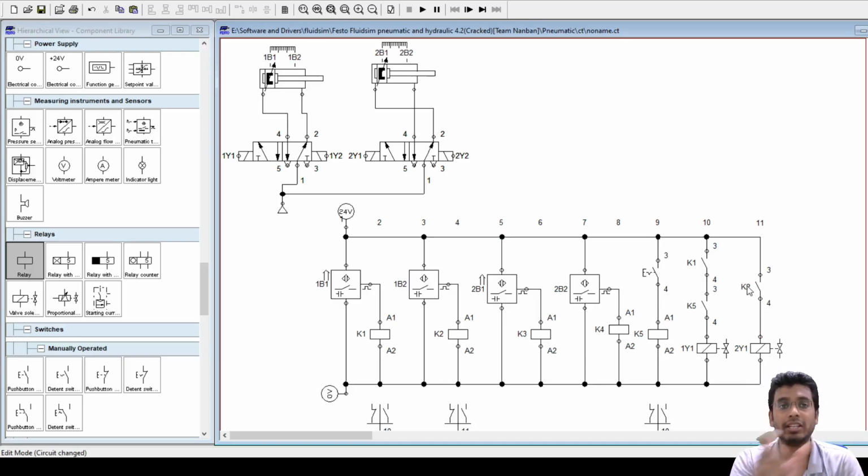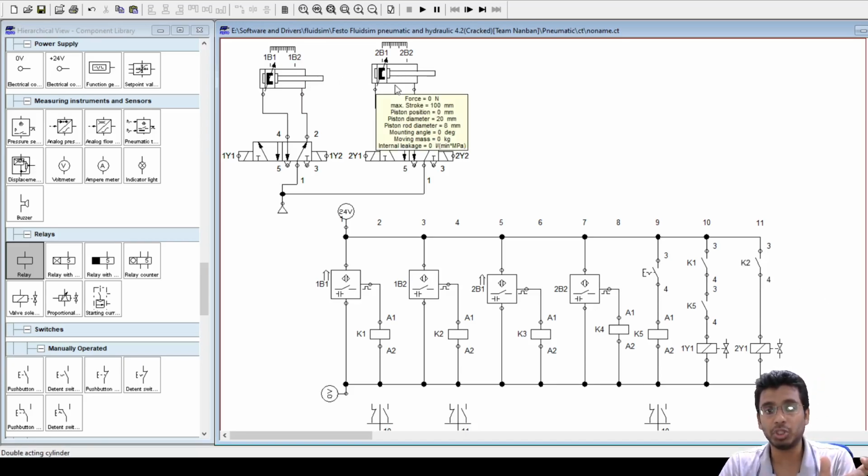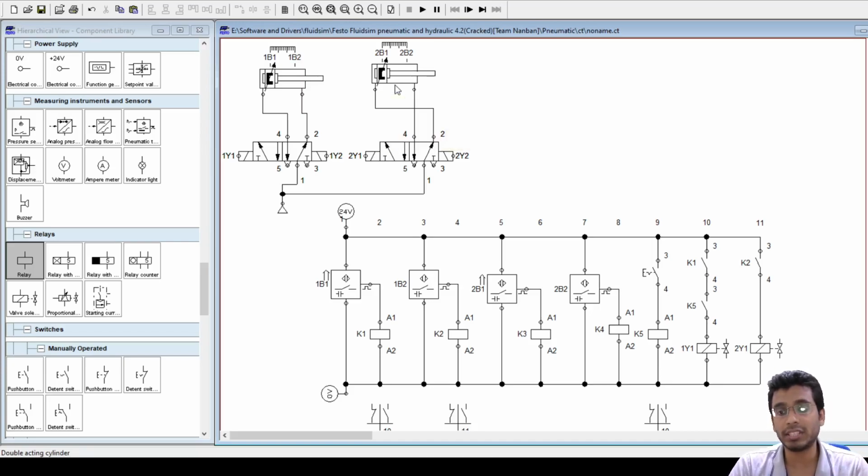For example, when your cylinder 1 has completely extended, only then your cylinder 2 extends. However, you can also apply one more condition here. Safety condition. What can that condition be? That cylinder 2 is also at its completely retracted position. So when cylinder 2 is in its completely retracted position and your cylinder 1 has completely extended, this should be the condition for your extension of your cylinder 2. That means your 2B1 is actually your K3 relay. So K3 will come here.